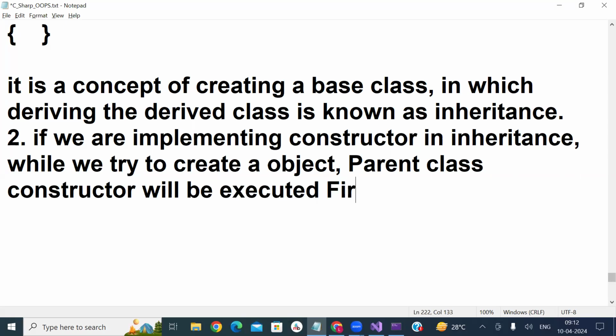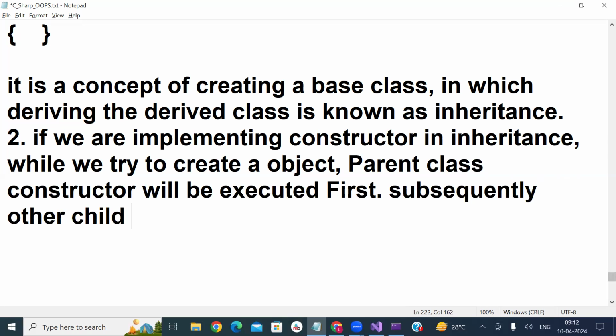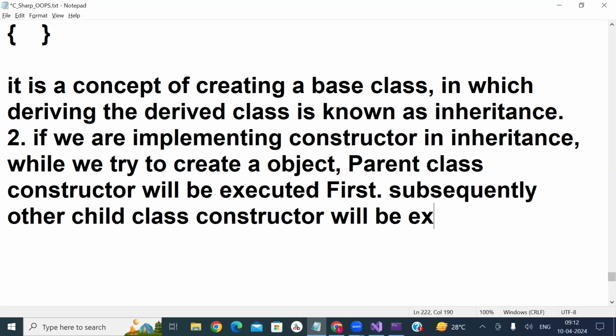Subsequently, the child class constructor will be executed. That's all for today.